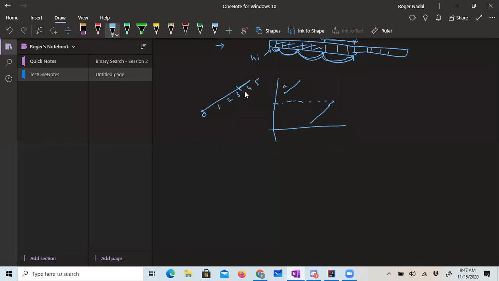So 4 and 5 are here, and 0, 1, 2, 3 is here. You have to find the shortest element, right? Shortest element. So now you basically have two such sorted sequences and you can find where this minimum value